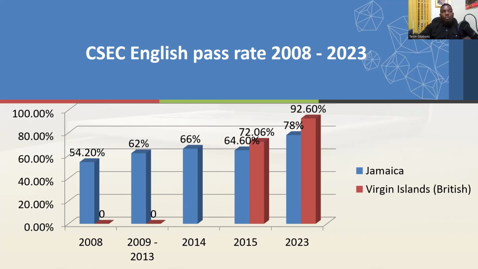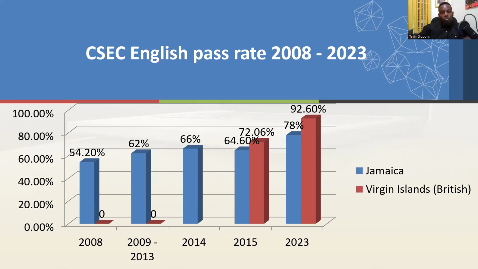Now, according to the May-June 2015 results, English language recorded a decline. As you can see, it recorded a decline of 1.4 percentage points when compared to 2014, when 66% of those who sat passed. Interestingly, the 2014 figure was 2 percentage points higher than that recorded in 2013. So as you can see here, there has been gradual improvements over the years, except for 2015 when there was